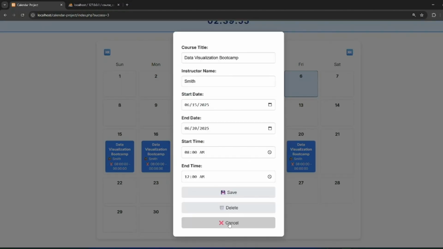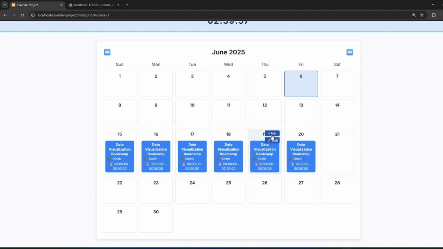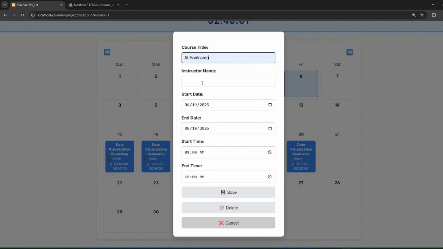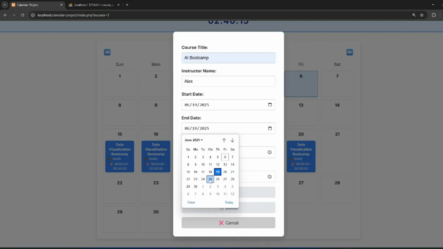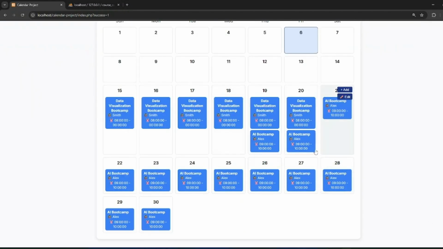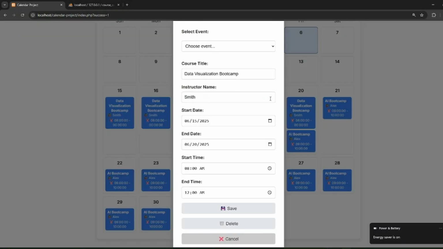Okay, and when we have multiple events, let's try to add multiple events by going, for example, AI Bootcamp, instructor name, for example, Alex. Then the start date, keep it the same. Let's keep the end date as, for example, the 30th of this month. Now we can save. Now we have another course, AI Bootcamp, and when we try to edit this day,